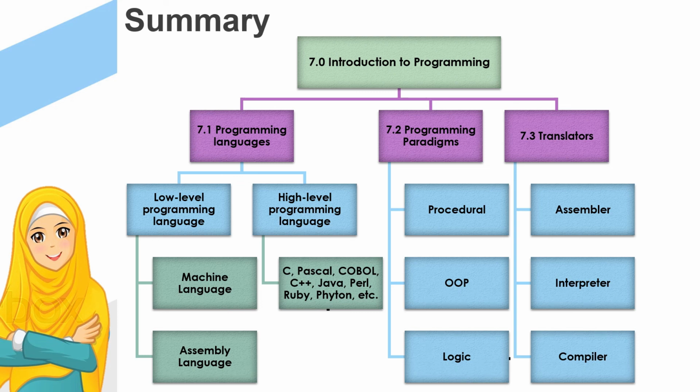And so for today, we end up 7.0 with translators. Okay, we have assembler, interpreter, and compiler. You can use this diagram to make your mind map or your concept map for this topic. So that's all for 7.0